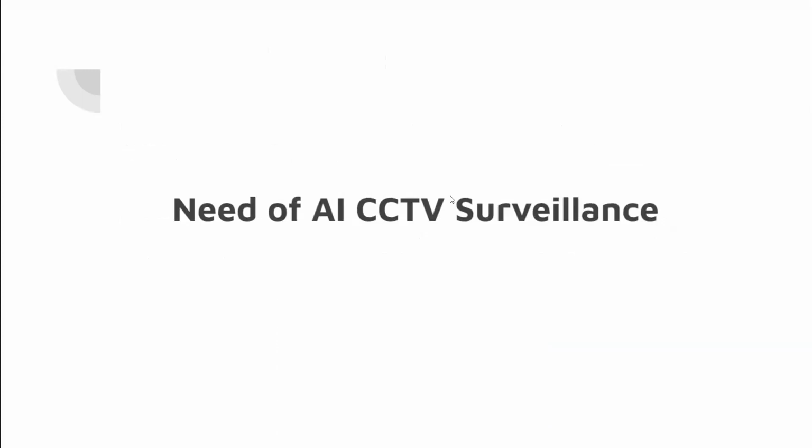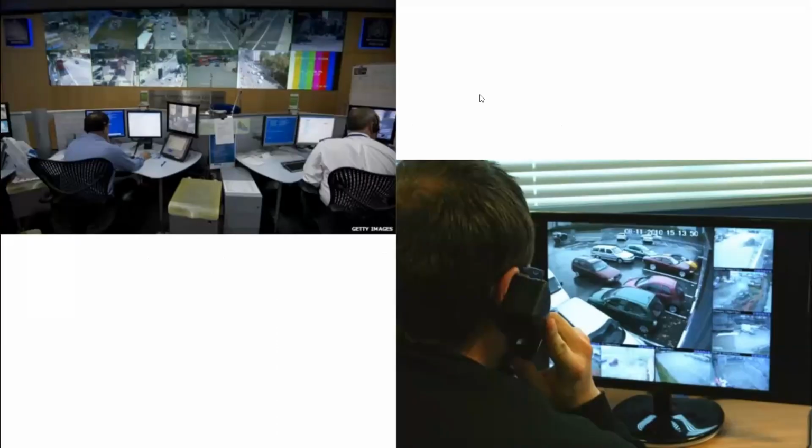Moving on to the next section, the need of AI surveillance system. As we can see in this slide, usually in the surveillance room there is a lack of staff, and it is very difficult to do one-to-one mapping. When CCTVs are installed, they are installed in arrays. Many are installed around a marketplace or a bank, and in many cases there is not even a monitoring system. They just store the video, because of which we are able to solve crimes with the help of CCTVs, but not stop them.